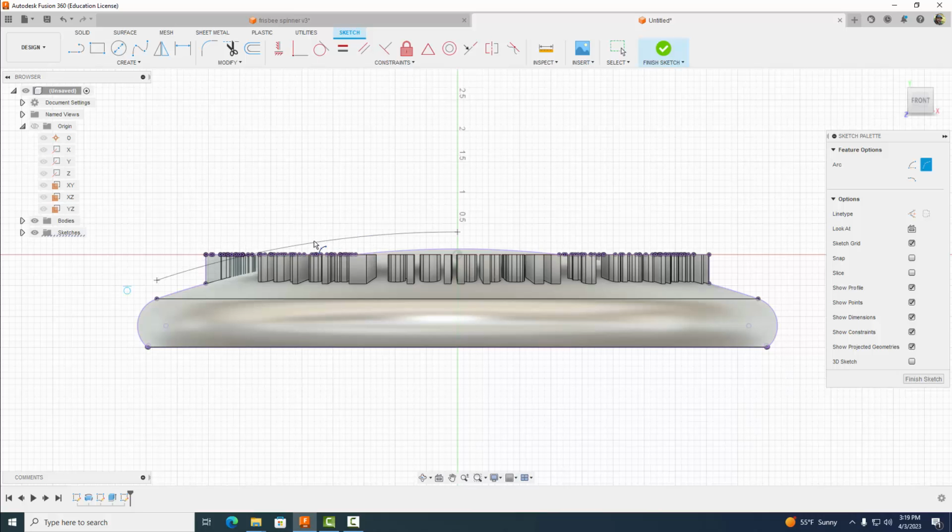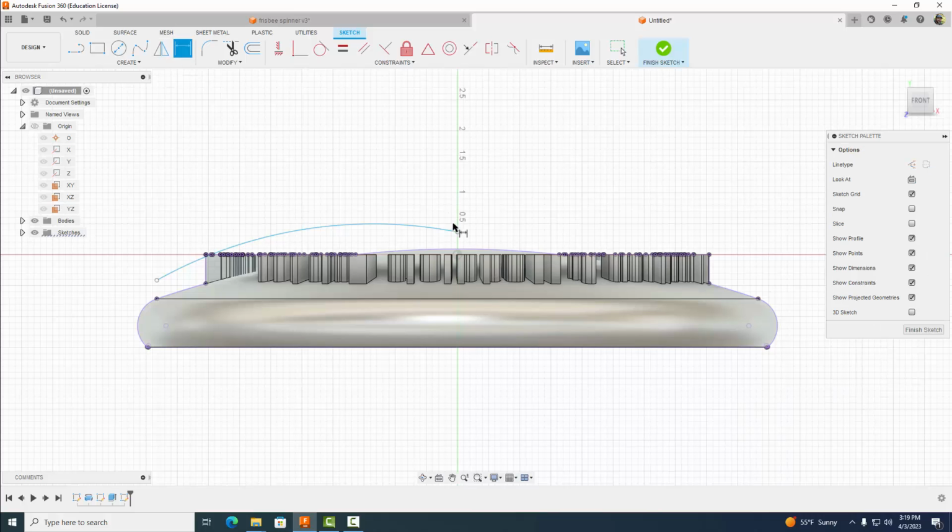Don't have the tangent constraint pop up for now. Okay, just kind of draw it like this. Okay, and now we're going to dimension this distance. And this distance essentially represents our height of our text. So you can come back and edit this later if you don't like how tall your text is. So for me, I'm just going to give it a distance of maybe like 0.2,